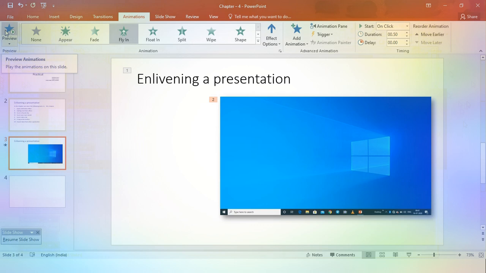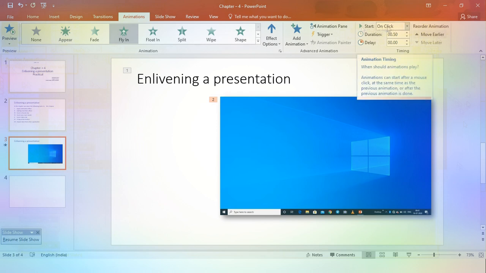These are the things you have to learn, and I have to make you understand. This is what we have done so far. Now let's come to a few more items which are demanded by your syllabus: timing, with start, duration and delay. These are the things you have to know.